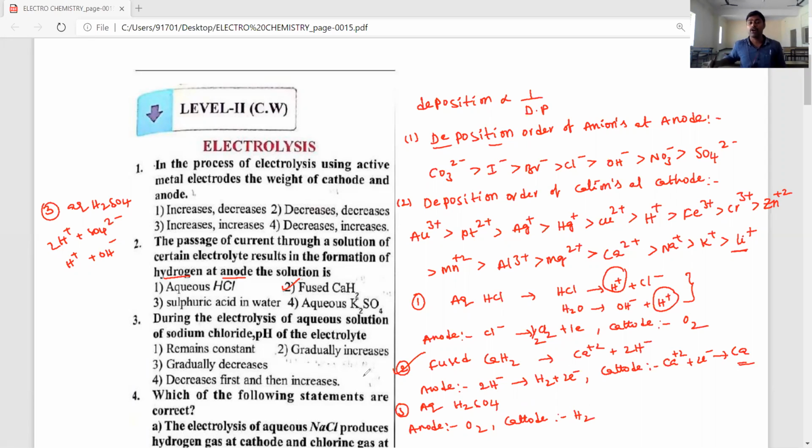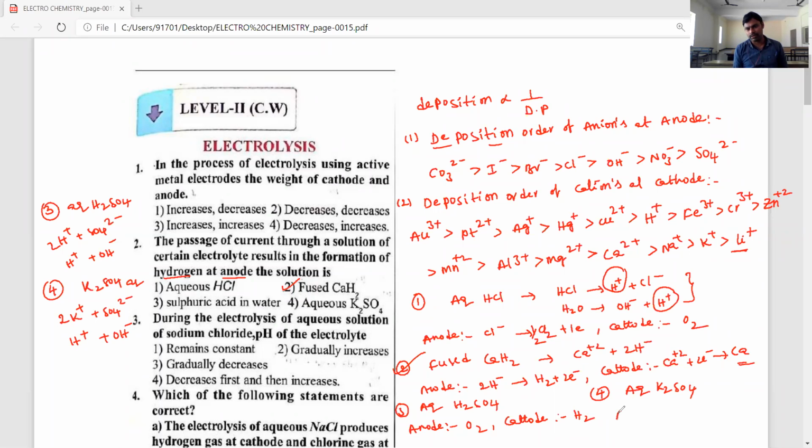But here, among the following, which can form hydrogen gas at the anode? That is fused calcium hydride. Next, the fourth one: potassium sulfate, K2SO4 aqueous. Potassium sulfate is nothing but 2K+ plus SO4 2-, and water is present, then the water will be ionized to give H+ plus OH- ions. So the fourth one, aqueous